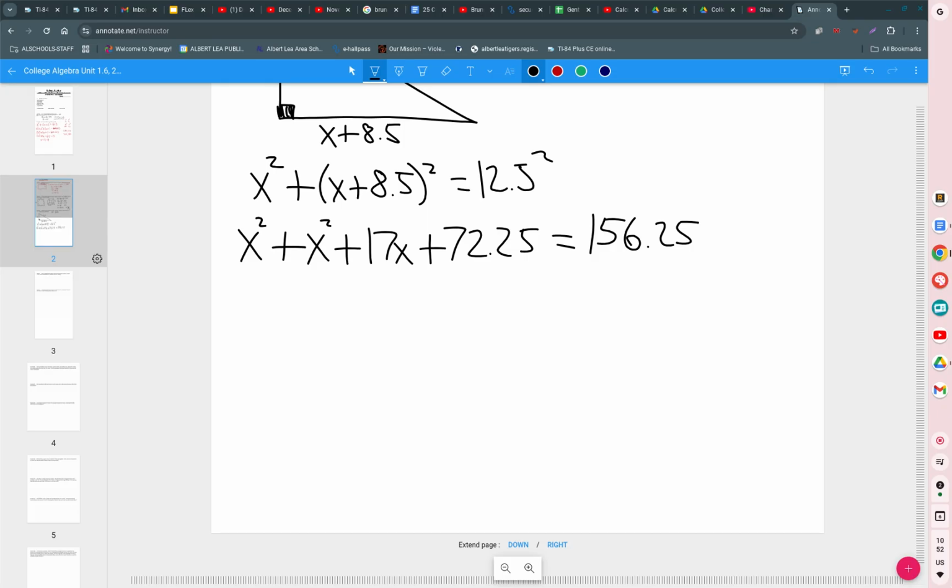Remember, you are elite algebra minds by this point. No equation like this will ever trouble you. You know if it's second degree, you're going to do what? Set it equal to 0. So X squared plus 17X, you subtract the 156.25 over, and you get minus 84 is equal to 0. It does factor, but why not just use that wonderful quadratic formula program that I designed for you on the 4-minute 2-second video on YouTube? X is equal to